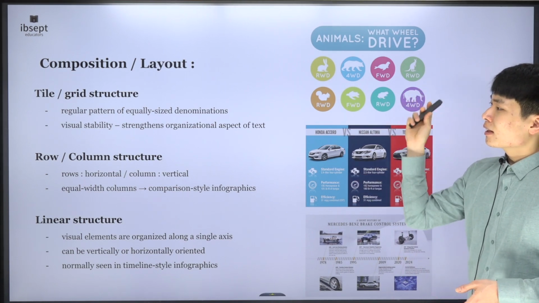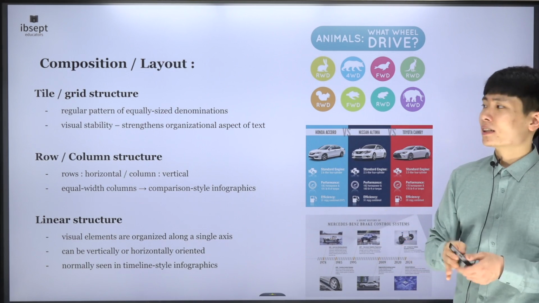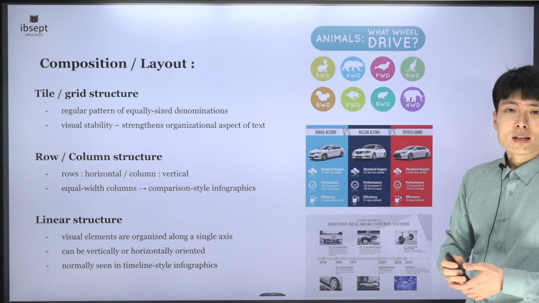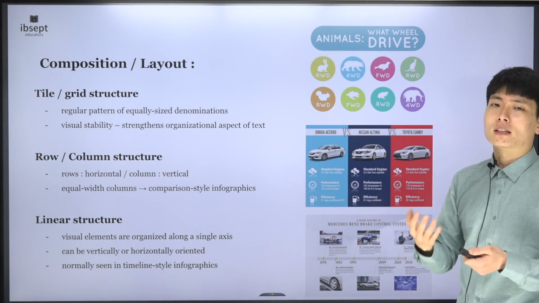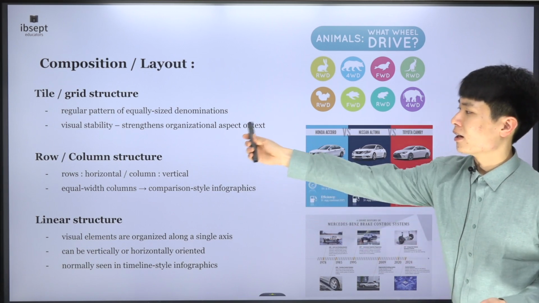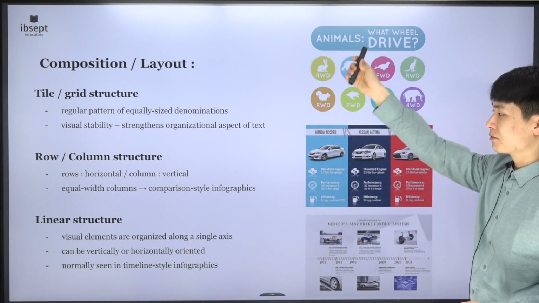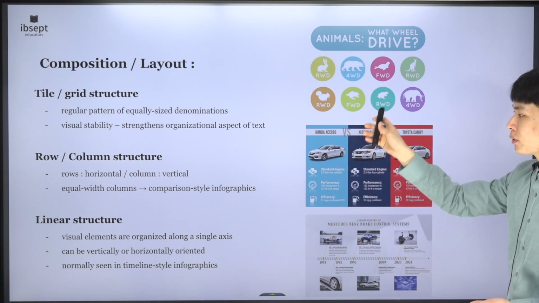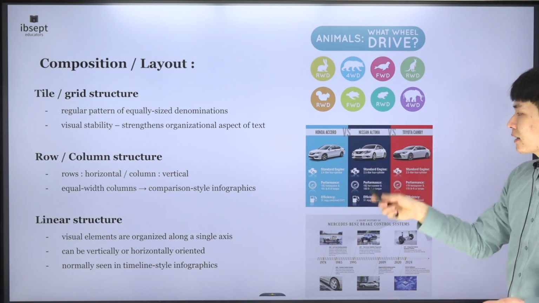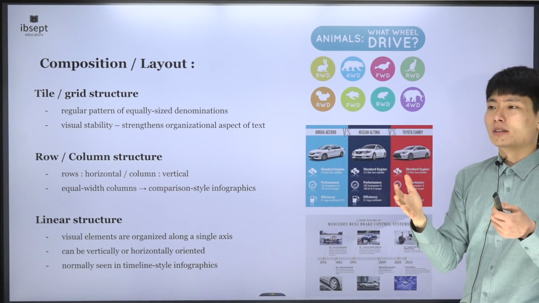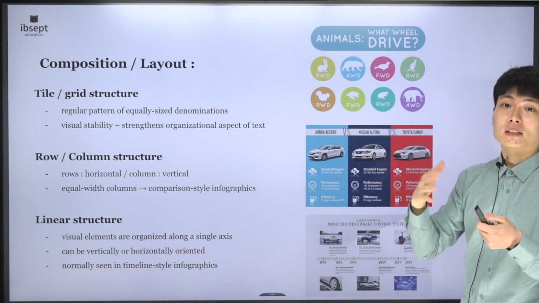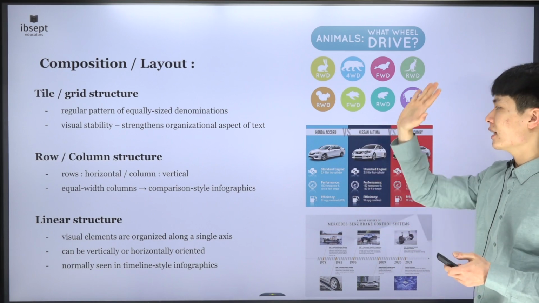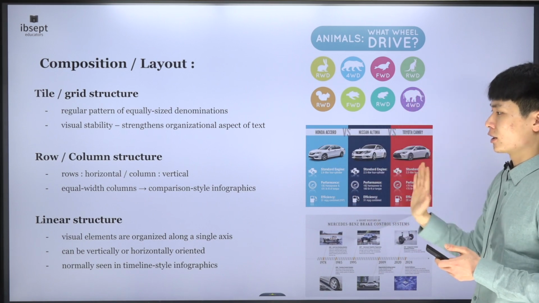And likewise, another organizational structure many of these visual sources use is the row or column structure. I know some students get confused between rows and columns. The difference is rows are horizontal while columns are vertical. And here we have an infographic with equally sized columns, and that is often used to compare very similar objects so that we understand their difference better. So if you have a comparison style infographic, there's a high chance that it is using a column structure for